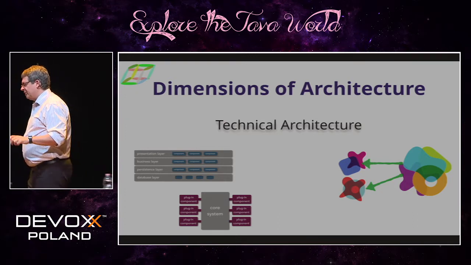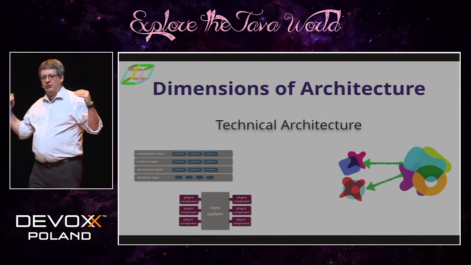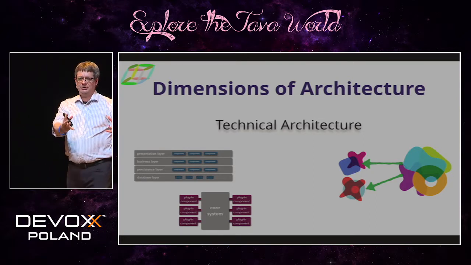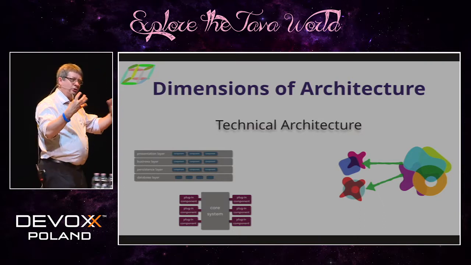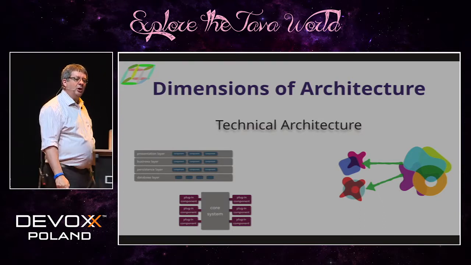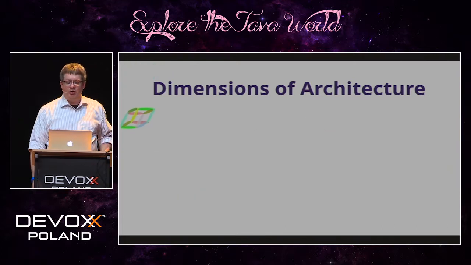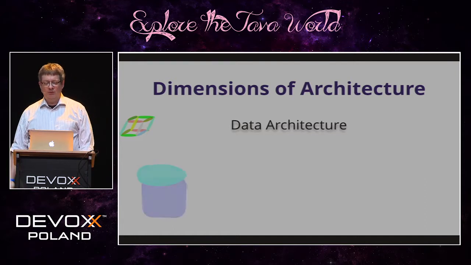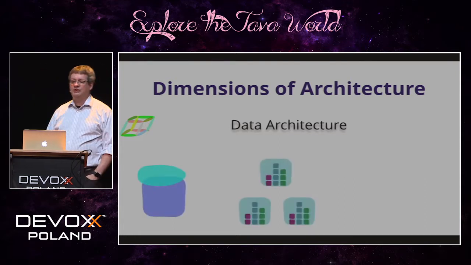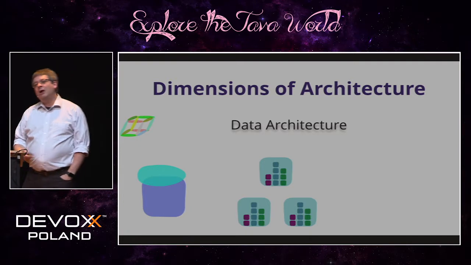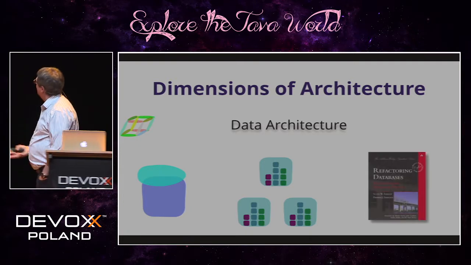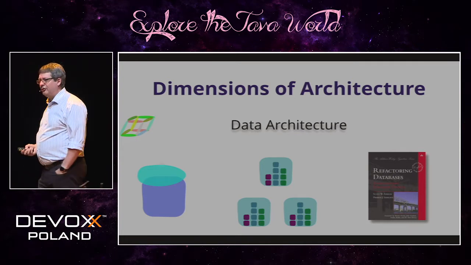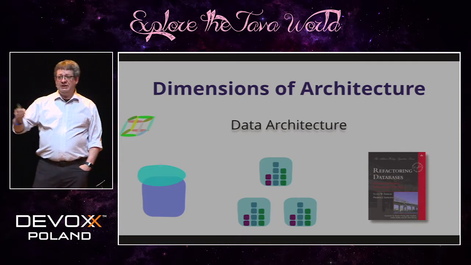But we're starting to call this the theory of relativity of software architecture because every perspective on architecture requires a context. And of course, the context here is the technical architecture of how those pieces fit together. But for a given piece of software, you can also talk about the data architecture, which is how all the data elements work together in relational databases, how tables exist and how they're related to one another, how those things should shift and change over time. It's hard to read the subtitle of this book, but the subtitle of the Refactoring Databases book is Evolutionary Database Design.